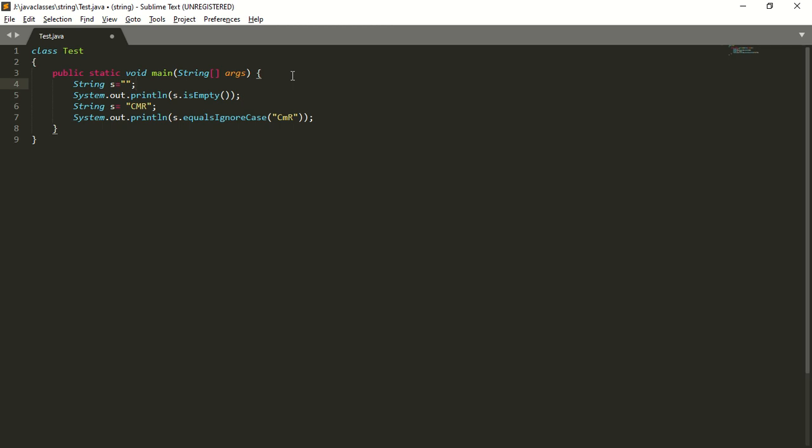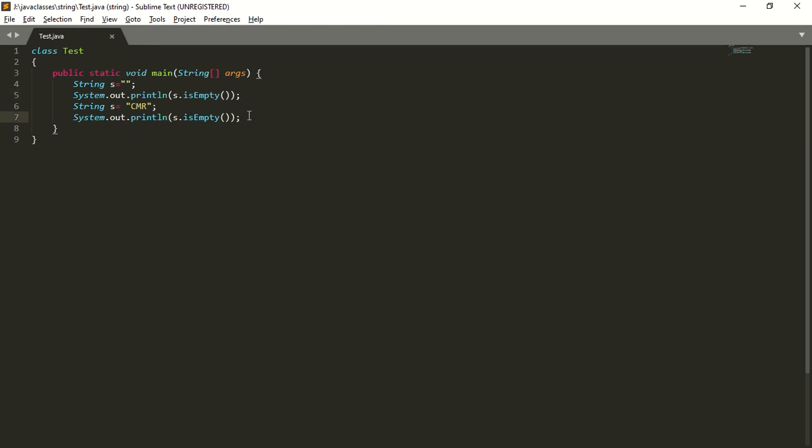Is this string empty? Yes, the string is empty in this case. Next, s is equal to CMR, System.out.println of s.isEmpty(). Is the string empty in this case? No, in this case the string is not empty. So what will be the output? The output will be true here, and here in this case it will be false.